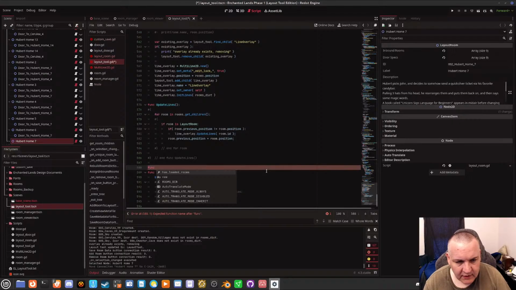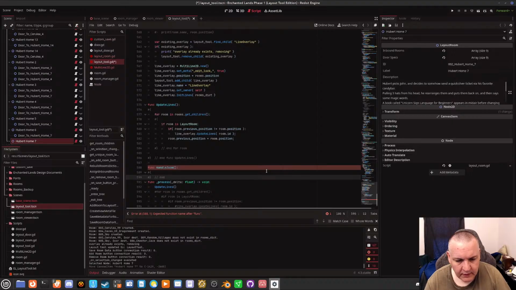This is also going to update lines, but we're going to say handle zoom. Okay, I'll just call it handle zoom. I don't know if there would be a better name. And then let's go ahead and